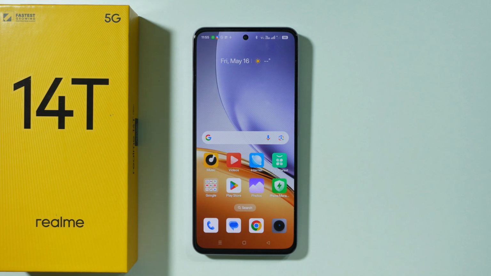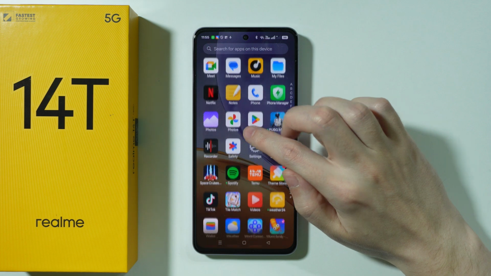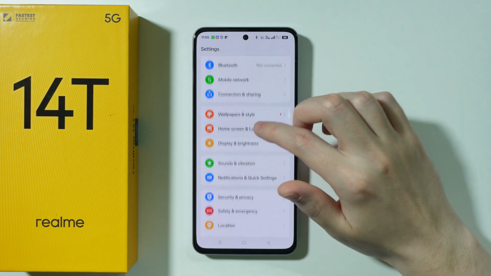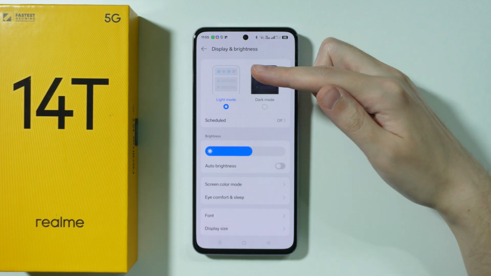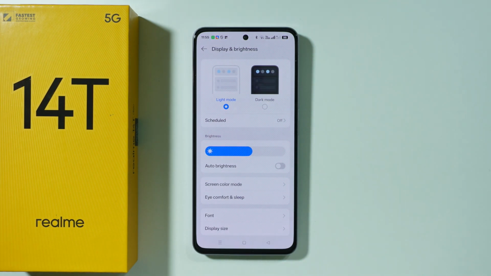Let me show you all display settings available on Realme 14T. So let's go to the settings on our phone and let's open display and brightness. Over here we can of course choose the light mode or dark mode for our phone, whichever you prefer to